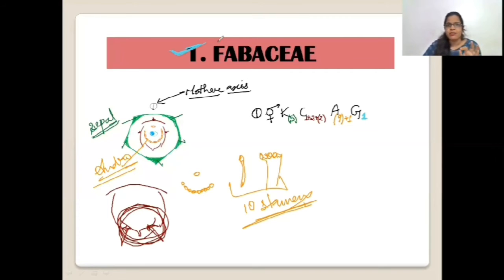NCERT has given us some hints, some tricks to remember. So Fabaceae is number 1. It has 1 carpel. Since it is 1, it won't be fused with anyone. Coming to the ovary, I have already told you that in the families we are studying, not in all the families present, the ovaries are always superior. So I'll use a dash over here.